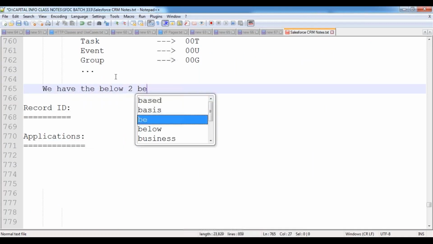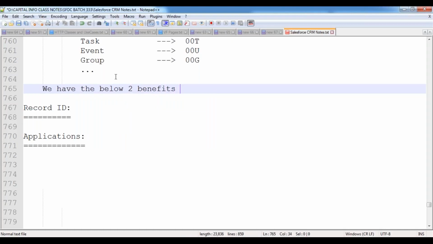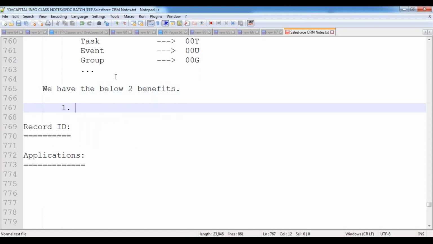The first one is that by using this object ID, we can switch from one object to another object. We can jump from one object to another in order to manage the records inside that object.